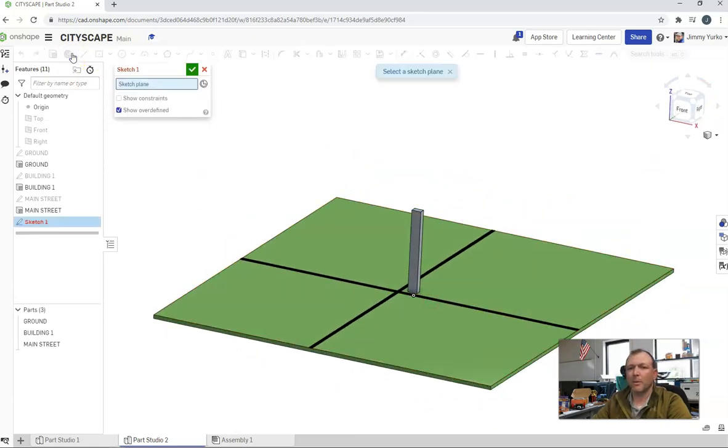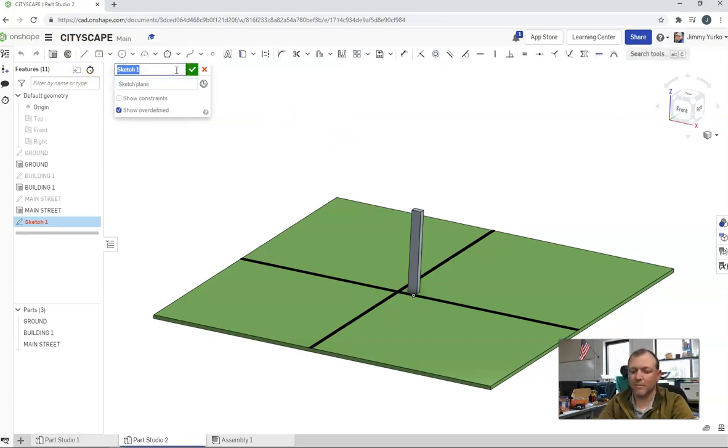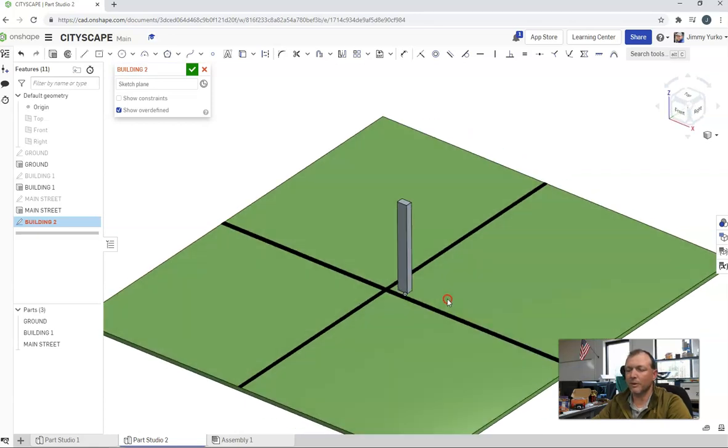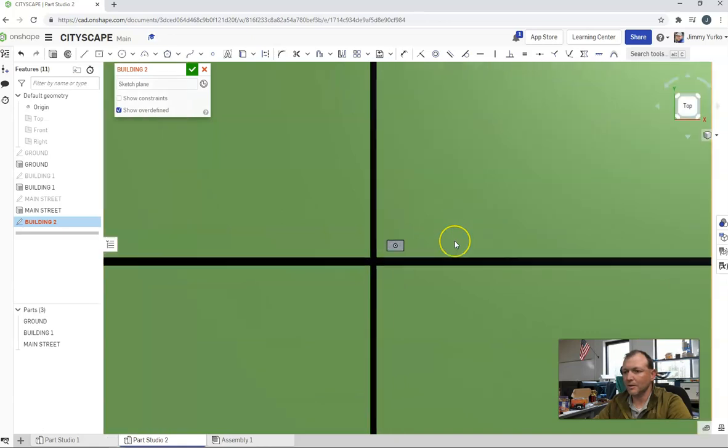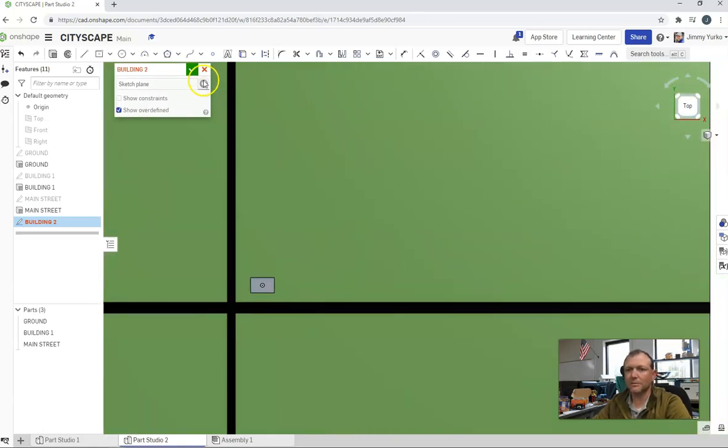So remember, the procedure is sketch. Just give it a name, building 2. You can have fun with it and call it my house or school or whatever your favorite business is. The sports center, library. Have fun and be creative. You also have the corner rectangle tool you can use, G, which will allow you,